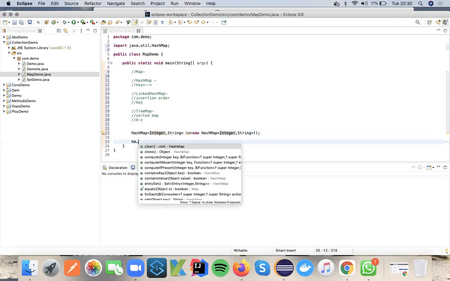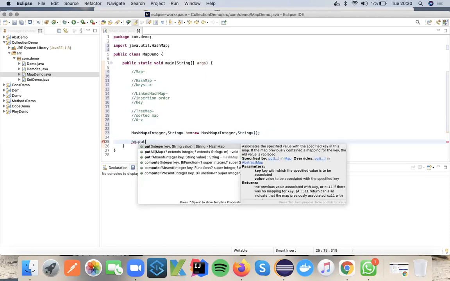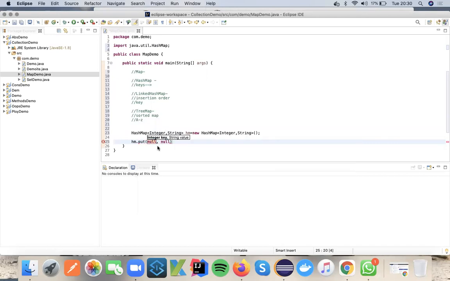Now let me add. hm dot put is the predefined method to add.